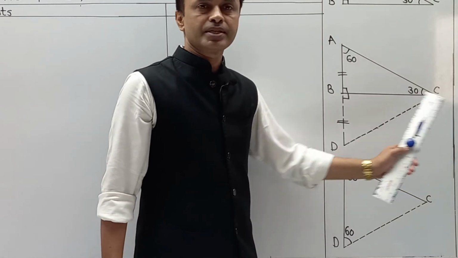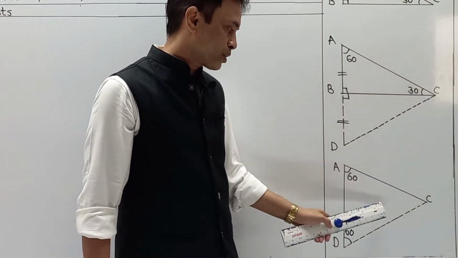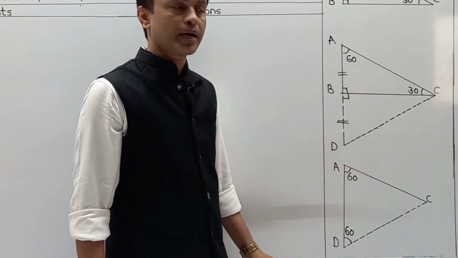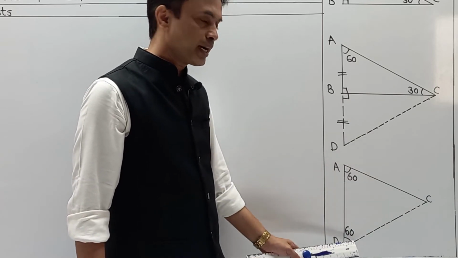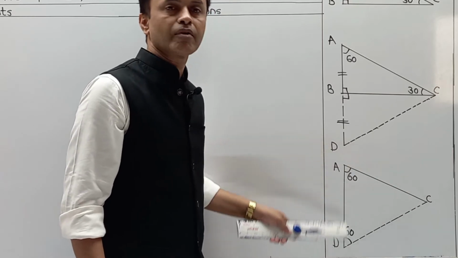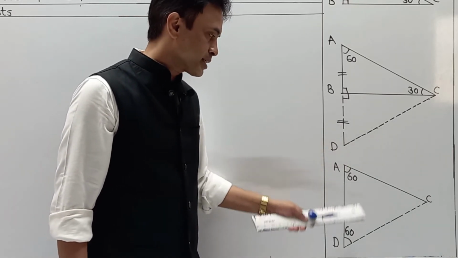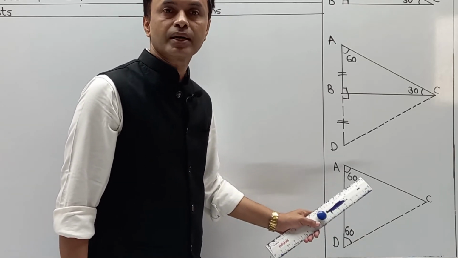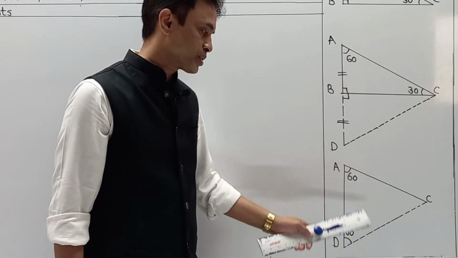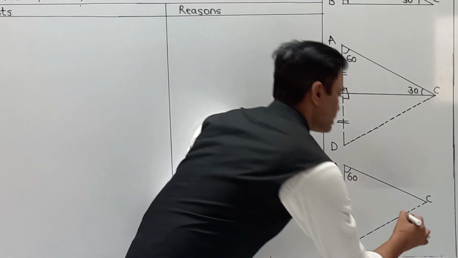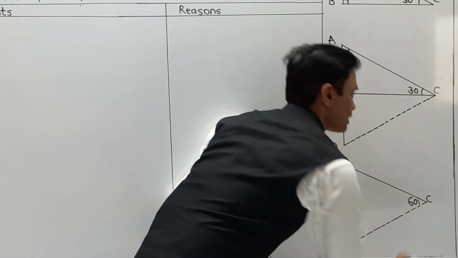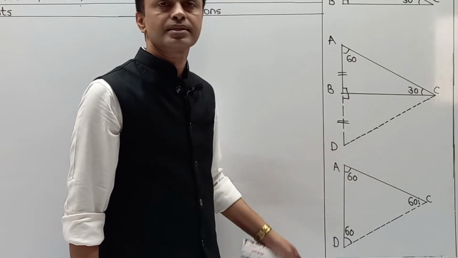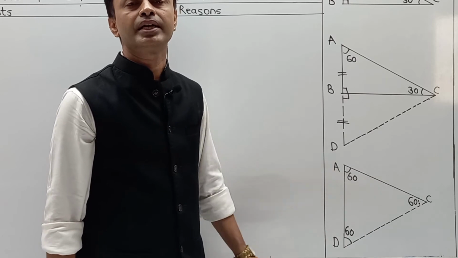If I remove this side BC and observe this triangle, that is triangle ADC. What is the part over here? As angle A is 60 degrees and angle D is 60 degrees, naturally we know that the sum of the angles of a triangle is 180 degrees. As it is 60-60, in the first case it becomes an isosceles triangle. But in the third part, the sum of the angles of a triangle is 180. Naturally, first is 60, second is 60, so automatically the third also becomes 60. That we are going to introduce in the writing part. If all are 60, naturally from an isosceles triangle it becomes an equilateral triangle.